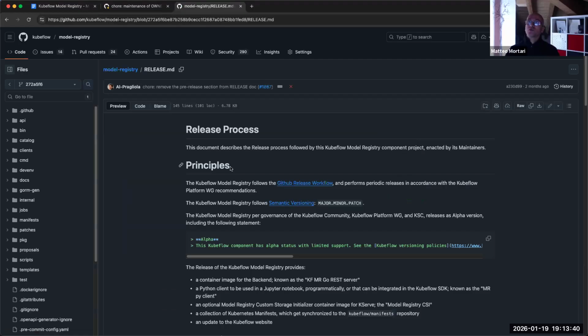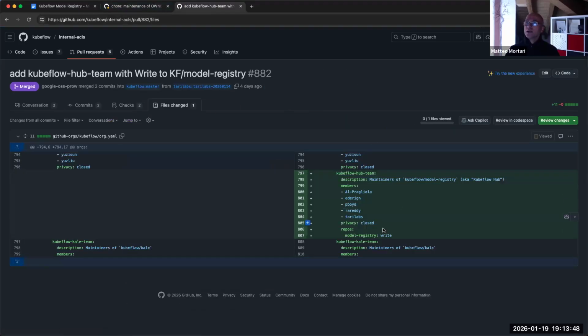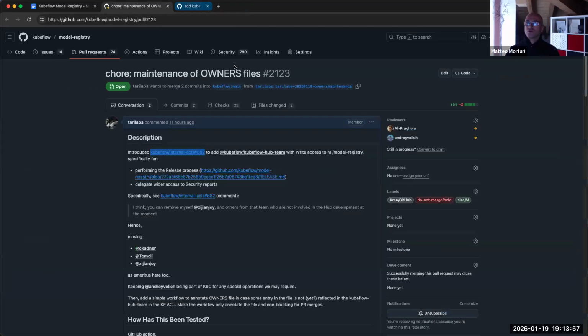The release process is documented in our repo, and we also delegate wider access to security reports. So everybody who is an approver already is in this group. So you should have access, and in case something is not working, please do let me know.